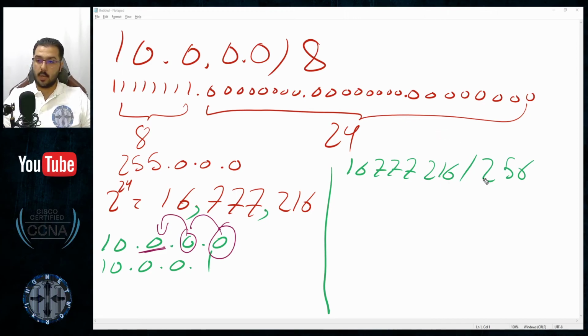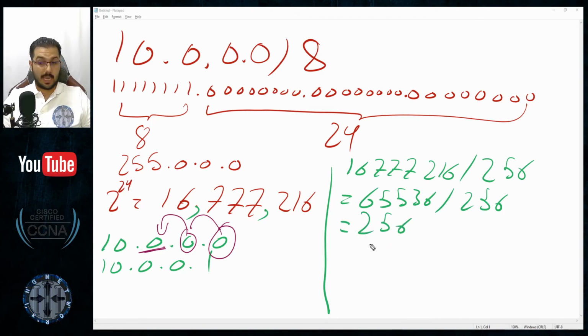And this one, when I divided it, it resulted in 65,536. I had to divide that again, unfortunately, so it resulted in 256 again. So I divided twice. This means I have to jump 2 octets, and the result will be the 4th octet